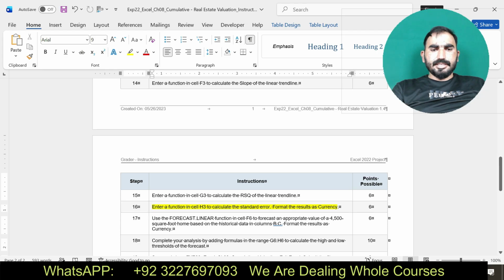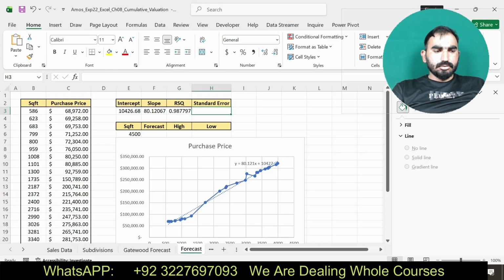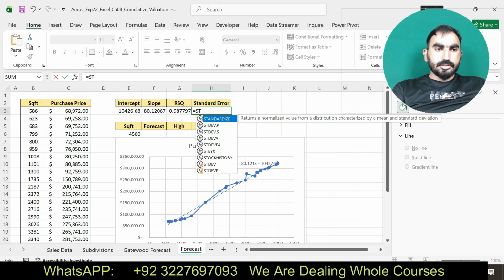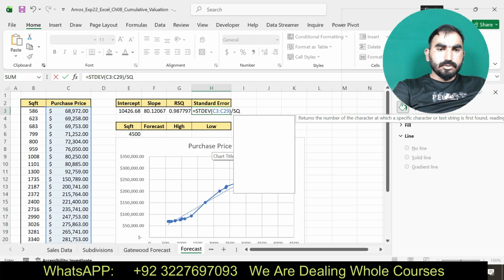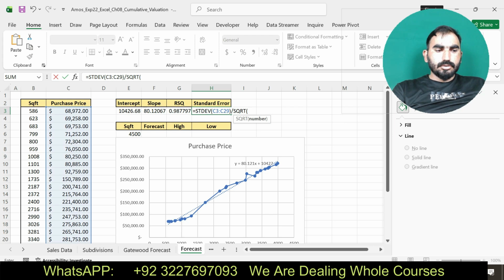Enter a function in cell H3 to calculate the standard error. Here you can see the standard error function, C3 to C29, and C3 to C29.